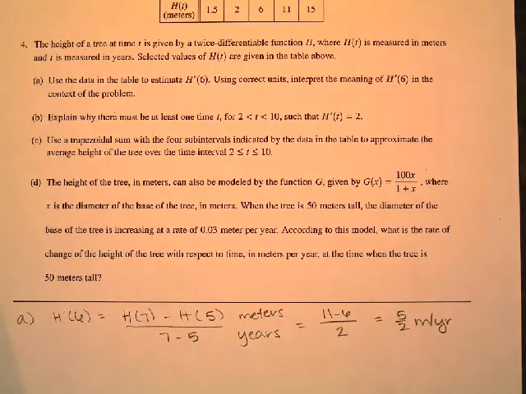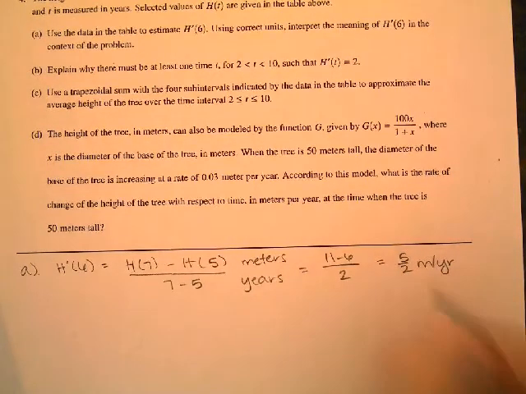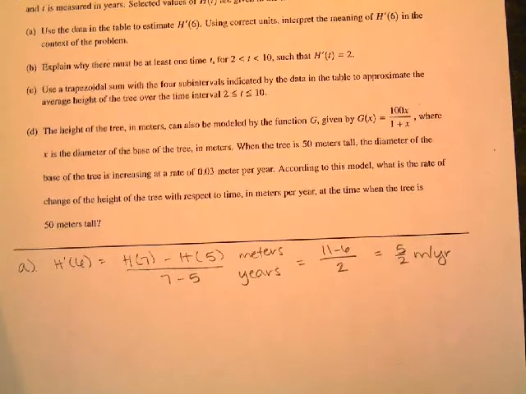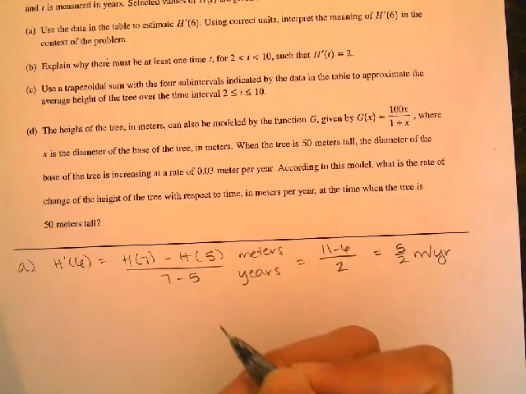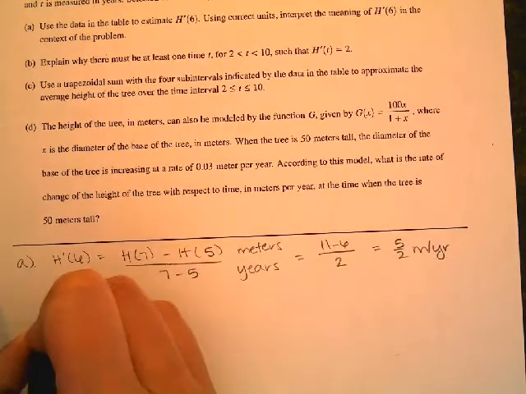And they want us to say the meaning in the context of the problem. And so we're going to say the height of the tree is increasing by this much per year at the exact moment when the t-value is 6, or when the tree has been planted, I'm guessing, for 6 years or whatever. So the height of the tree